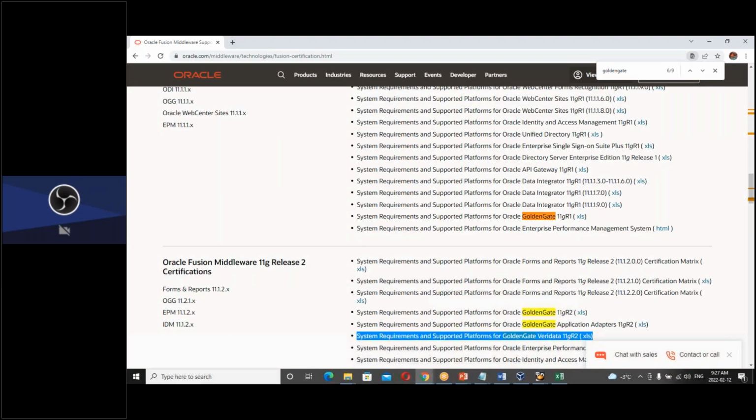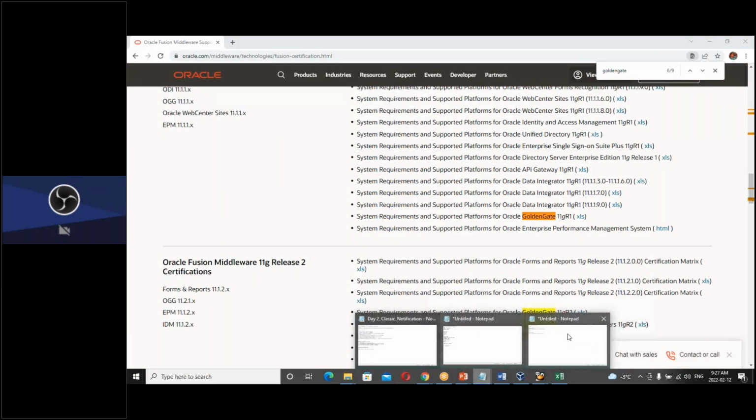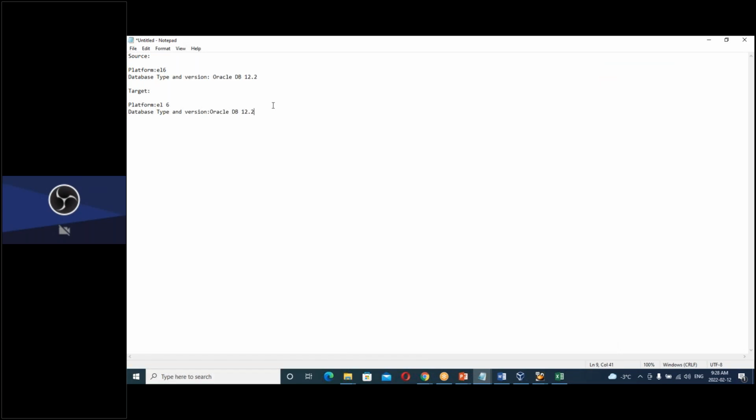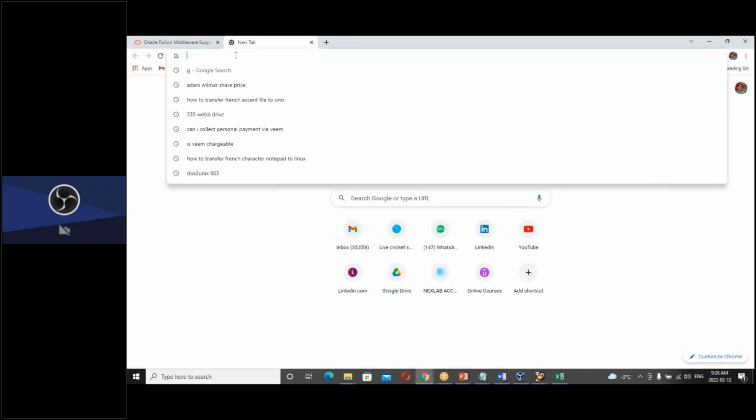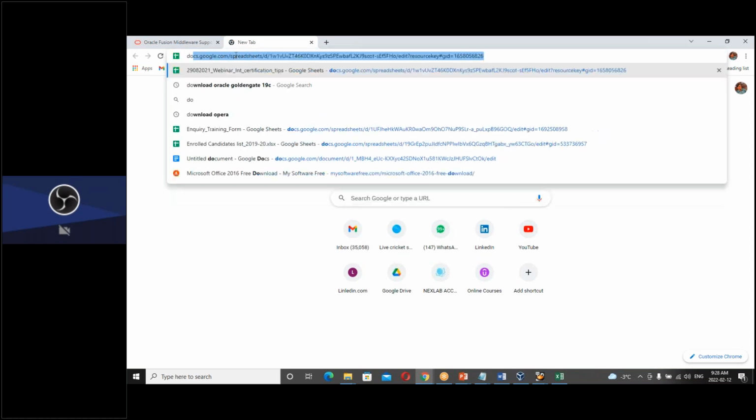So once we have identified that you are going to use GoldenGate 19c, it is possible that for the source your GoldenGate could be 19c and the target could be different. So you need to select and identify, first of all, based on the certification matrix, and check the version. Okay, now once you have identified which version you have to download, you need to go to OTN for that,